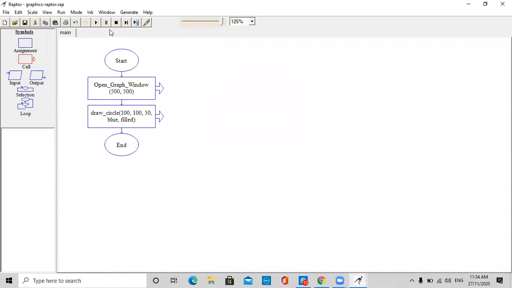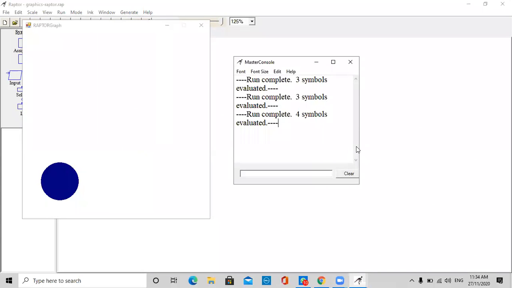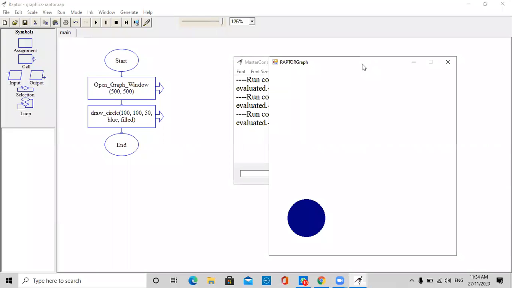Let me save this and run this. Okay, so I got something. I opened the graph window and, based on the coordinates XY 100, 100 and the radius 50, it filled my circle with blue.